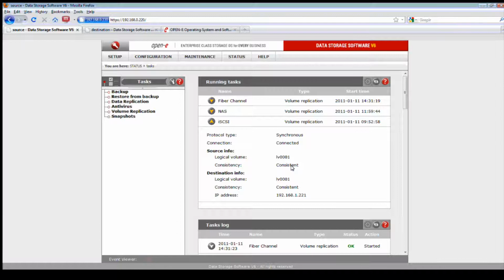Apparently there's another question that came up. It says, you said no 64-bit to 32-bit. Can 32-bit go to 64-bit? No. So it has to be 32-bit to 32-bit, 64-bit to 64-bit, block I/O to block I/O, file I/O to file I/O. Same size volume to the same size volume.